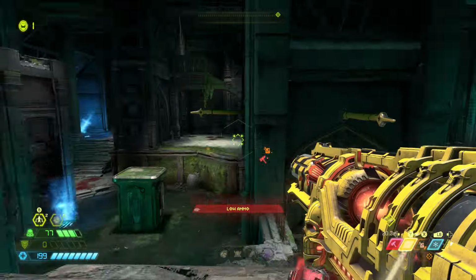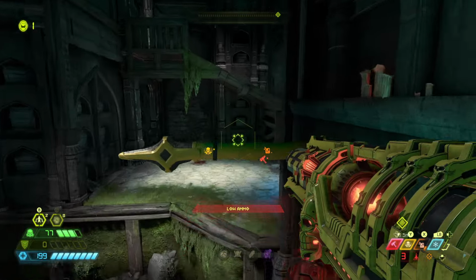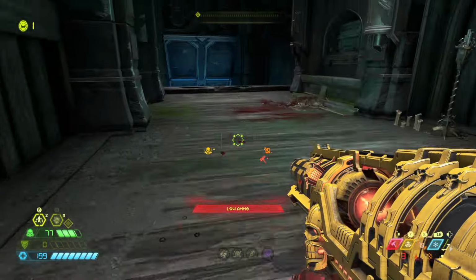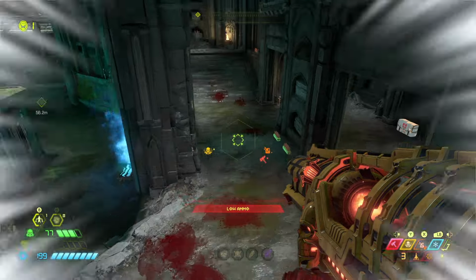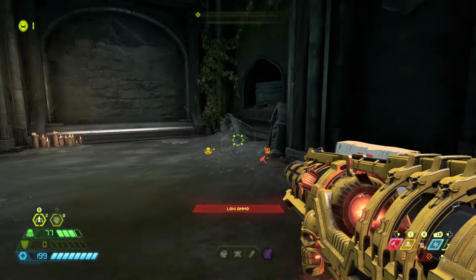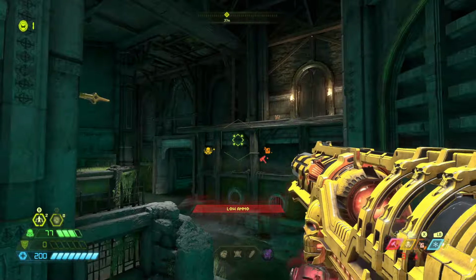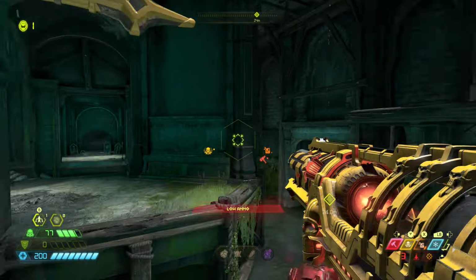Once the fight is over, just run around the room and look for any extra ammo that you may have missed on your first time through the fight, and then we can exit out the room by following the checkpoint at the top of the screen. And here we can pick up a bunch of rocket ammo and shotgun ammo,